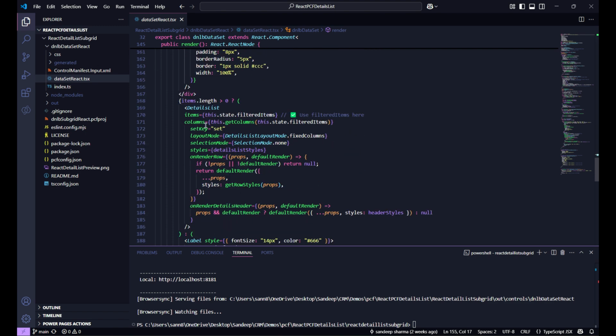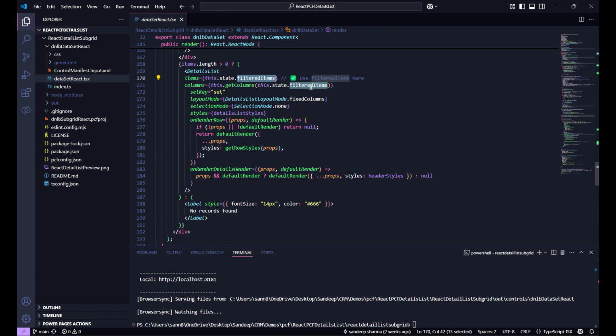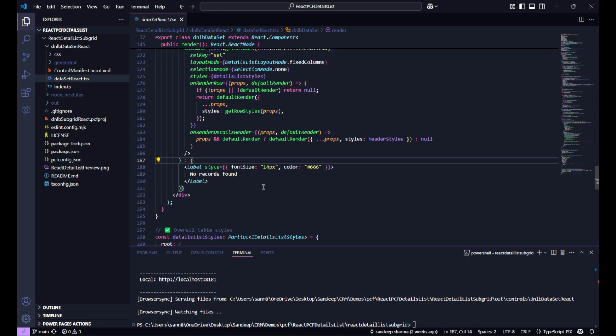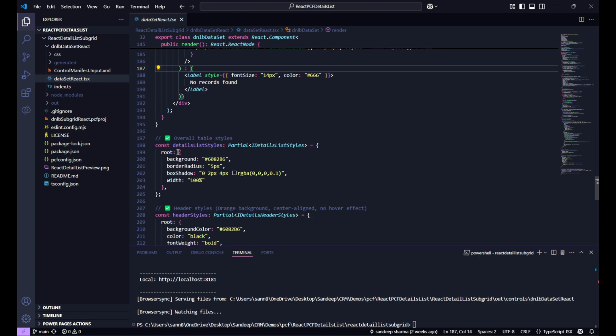And then here is the details list, where the items are bound as the filter items. You can see the column properties are defined, and this is the details list created for that. So this is very high level,